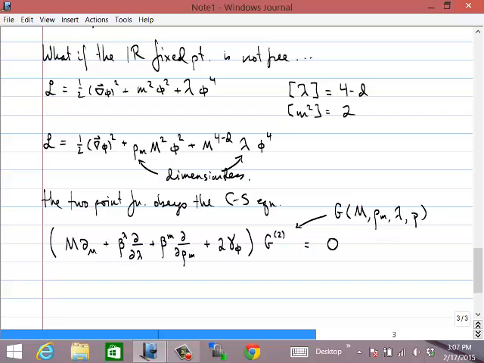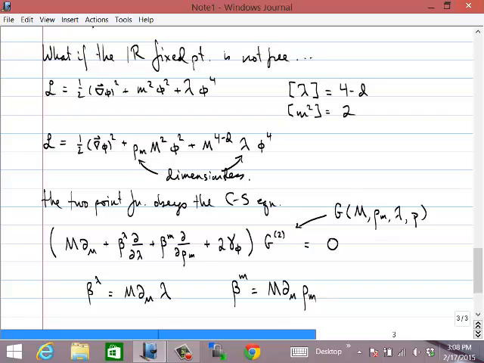And just to remind you, the beta function is defined to be the change in the coupling with respect to renormalization group scale. So here you imagine fixing the bare parameters of the theory, integrating out degrees of freedom down to some scale capital M, and as you integrate to lower and lower degrees of freedom, the effective coupling constant describing that low energy theory is going to change. Okay? And same for the coupling constant